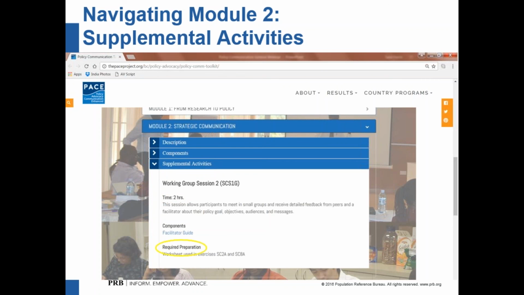And our past participants have really emphasized how these interactive applied activities reinforce the lessons they learned in the instructional portions. The activities often challenge participants to try a new task for the very first time, such as delivering a 60-second elevator pitch on a research topic in front of the entire workshop. We suggest organizing small working groups of about 3 to 5 participants at the beginning of the workshop. And the same groups should remain together, allowing a more intimate setting for participants to practice the activity as the workshop goes on.